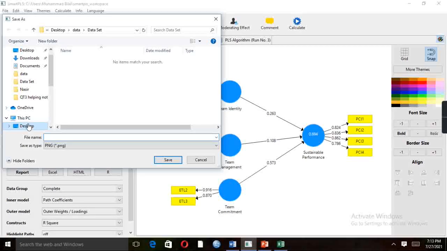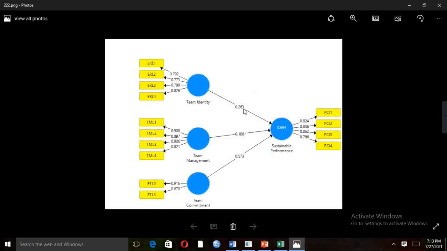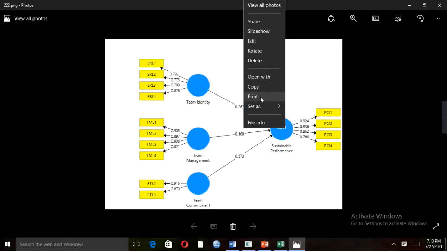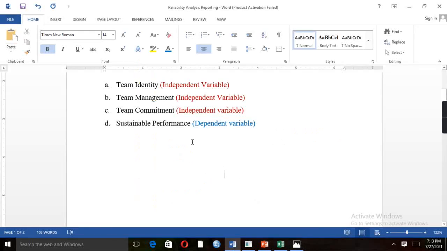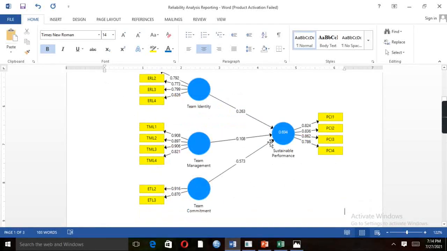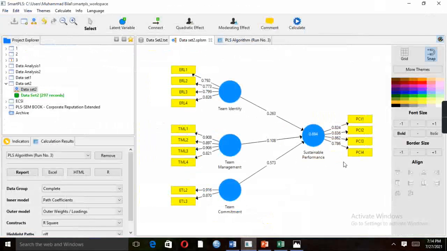For example, just copy it and paste into your Word document. So this is the measurement model. So this is how we can interpret and evaluate reliability analysis of our data, which is a basic requirement of analysis, reliability analysis. Thank you very much.